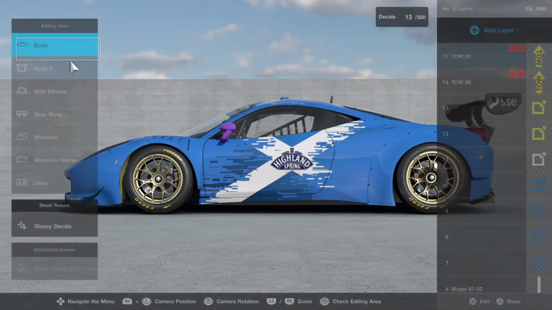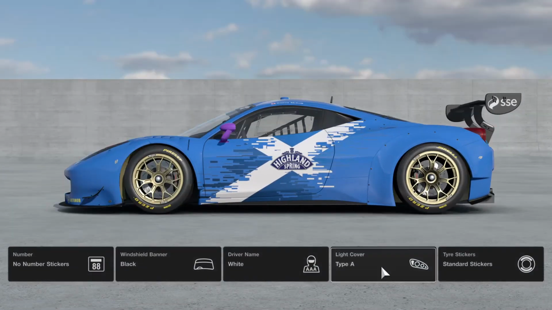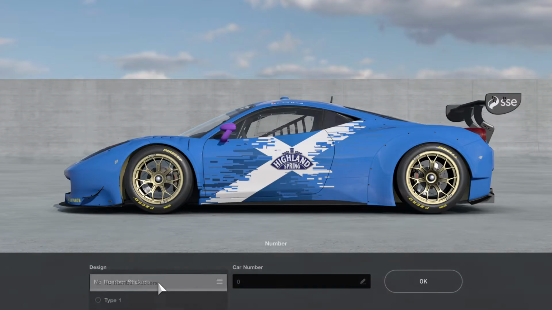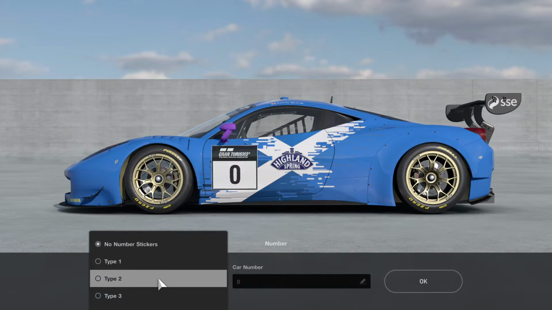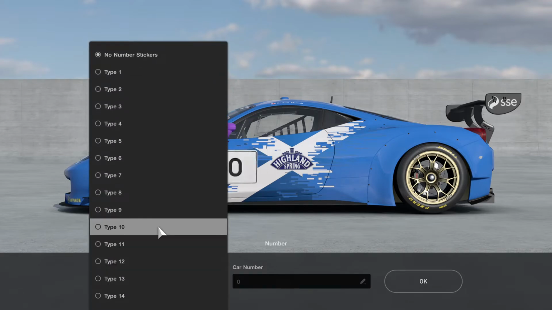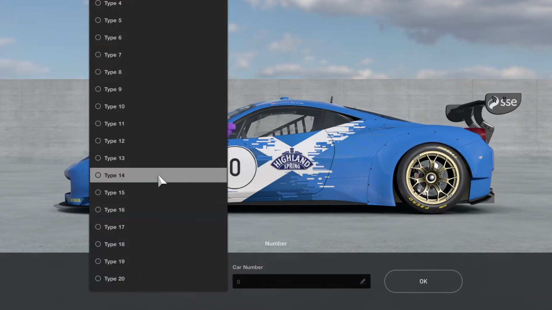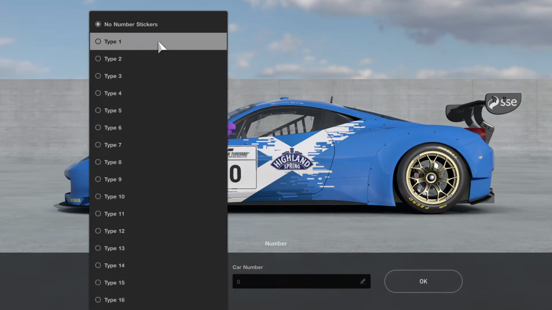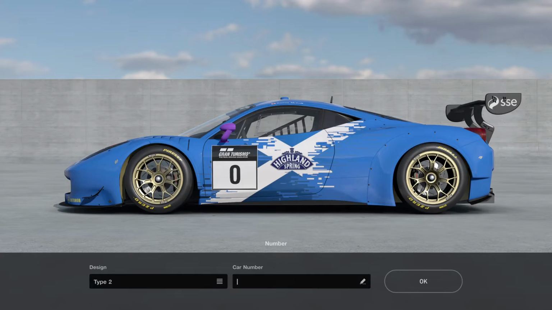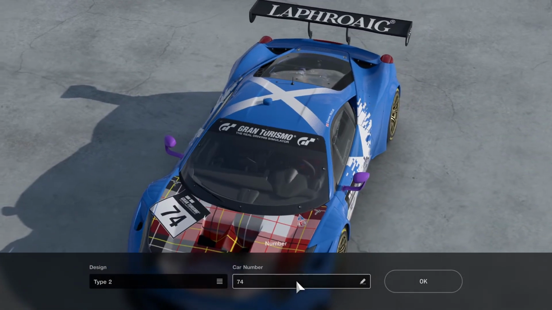Now, another thing that I like to do is you have the race options. You can put in stickers. It's a basic Gran Turismo one, which, you know, I could put that in. Like, I usually tend to go for a certain style. I prefer the number 2. And then I put in my number, which is 74. And that looks fine. You get it there. You get the sticker at the side there as well. But